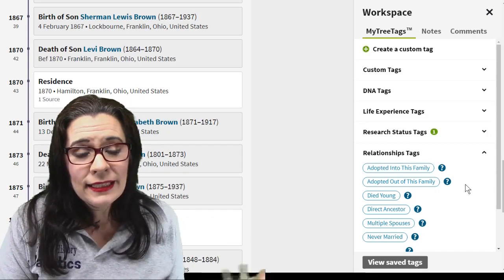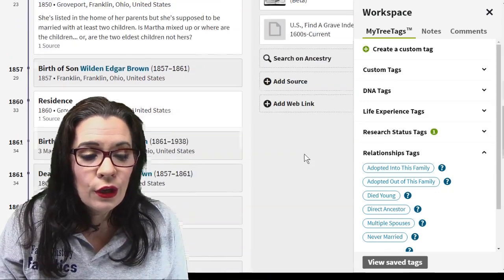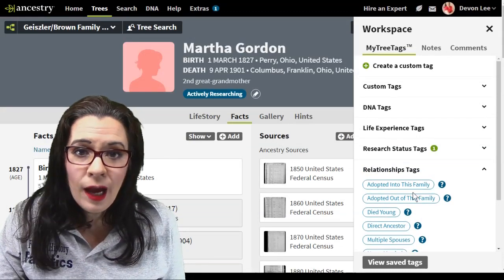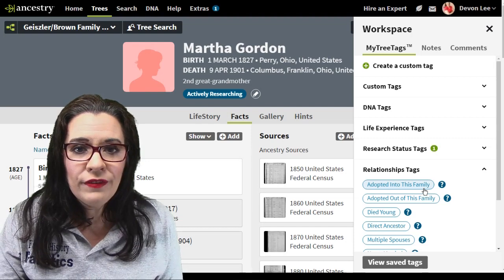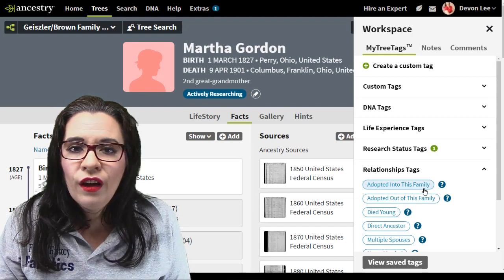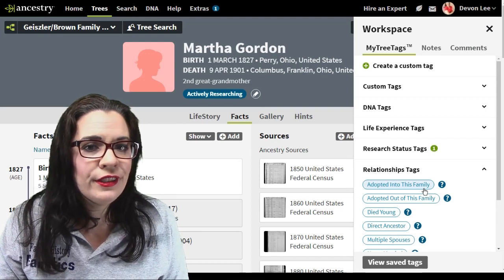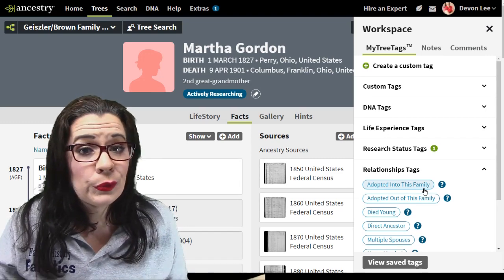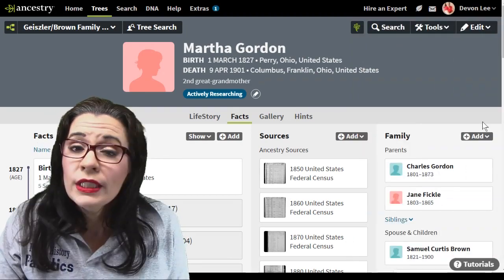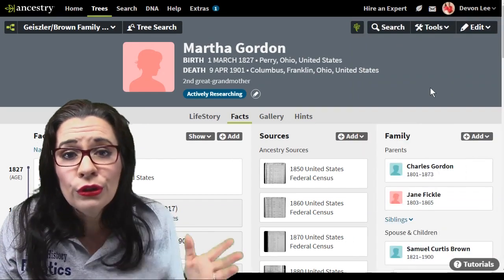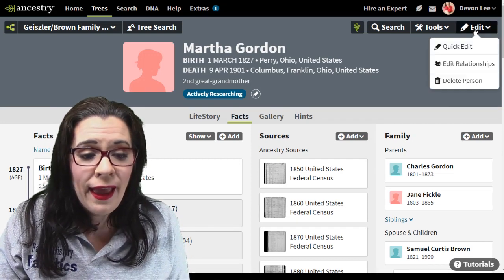So when you tag someone, that person is tagged on your tree. So if Martha was adopted, I can tag adopted into this family or out of this family. Unfortunately, the into and out of part becomes very confusing on the tree. I would just really like to have adopted and let it go. Now, bonus tip. Let's say you do have an adopted person in your tree. You go up here to edit